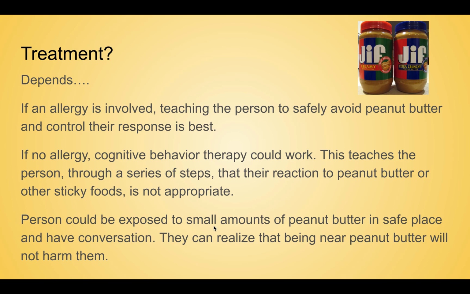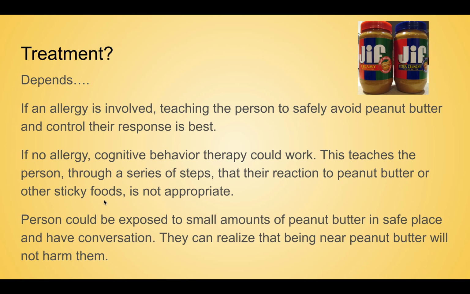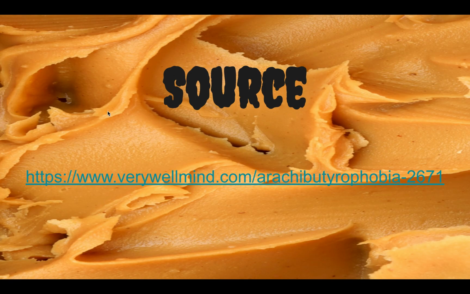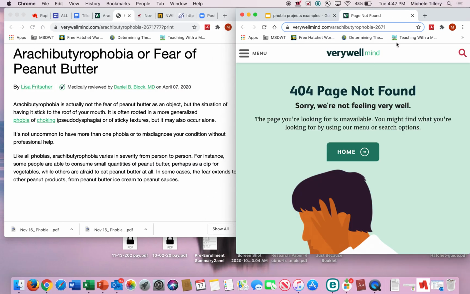A person could be exposed to small amounts of peanut butter in a safe place and maybe have a conversation with the peanut butter sitting there and then realize that, hey, when peanut butter's close by, it's not going to hurt me. Okay, so these are all things that I got from reading the article and putting things together about phobias. My last slide I have here says source, and basically I just copied and pasted the